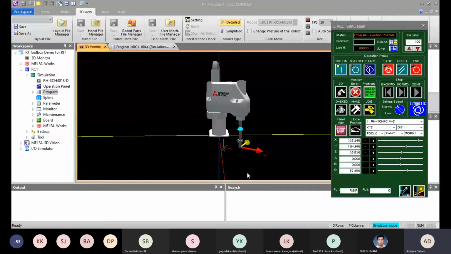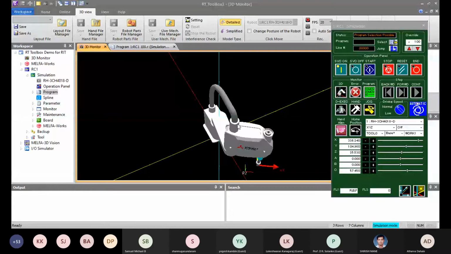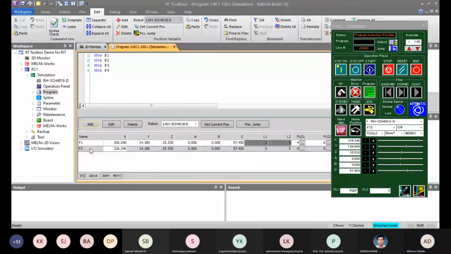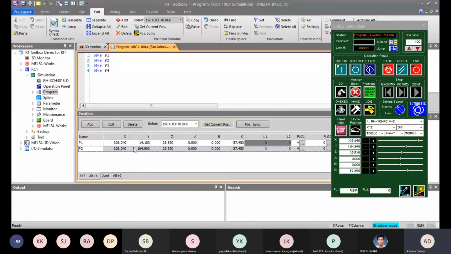Let's consider this is my P2 point. I have changed only the Y axis. So now this is my position for P2. So P2, get current position. You can see only the position of the Y axis has changed, as I only moved the Y axis.